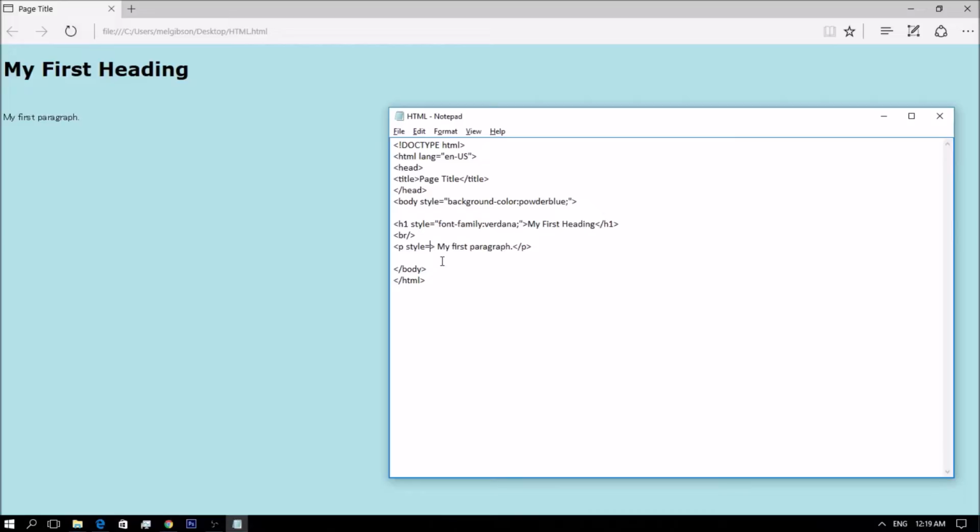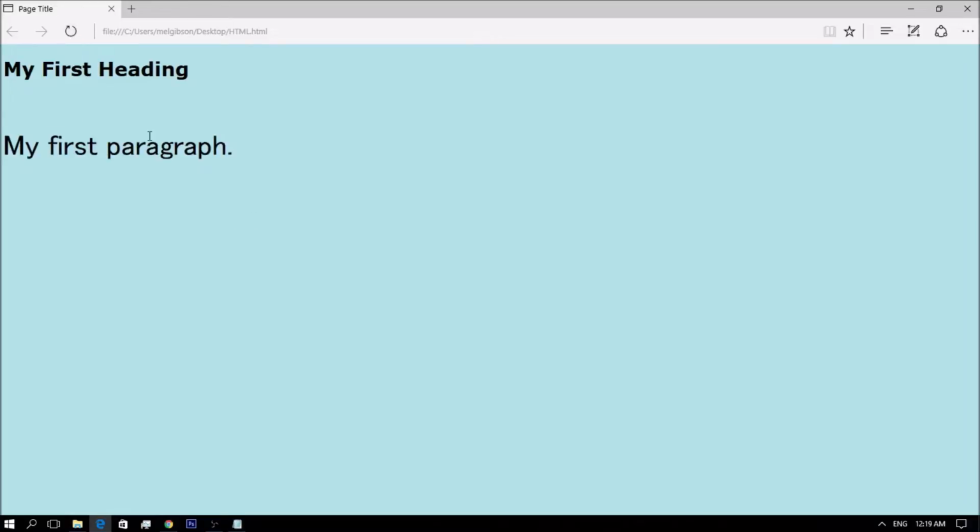Then, quote, font size into 300%. Then save after you enter the code. Then reload. So you can see the paragraph will be a lot bigger.